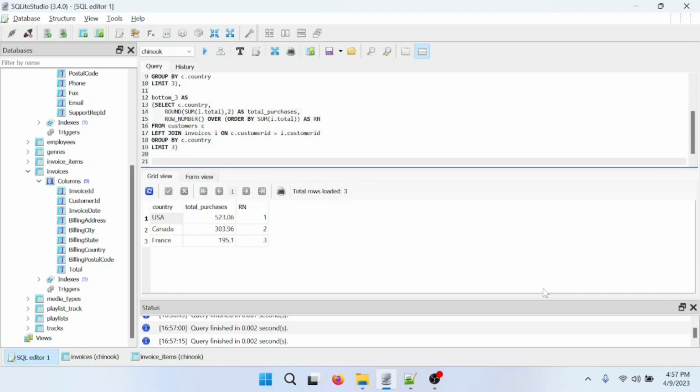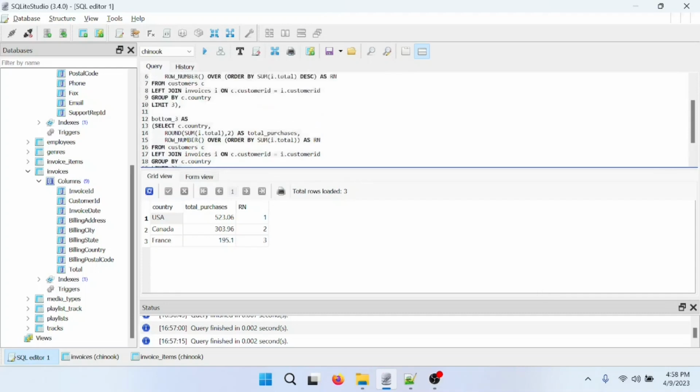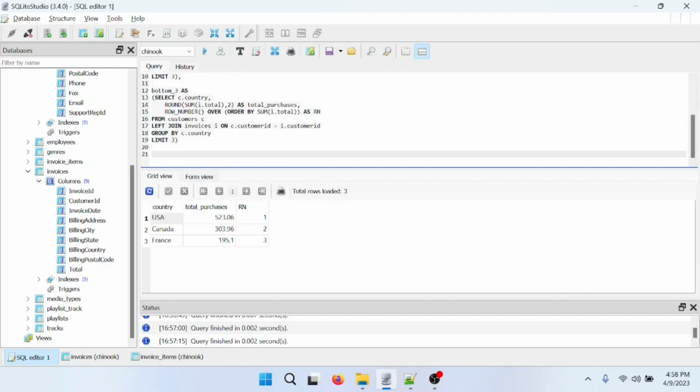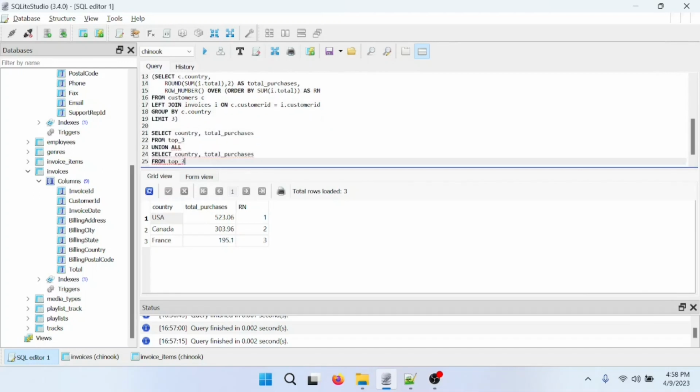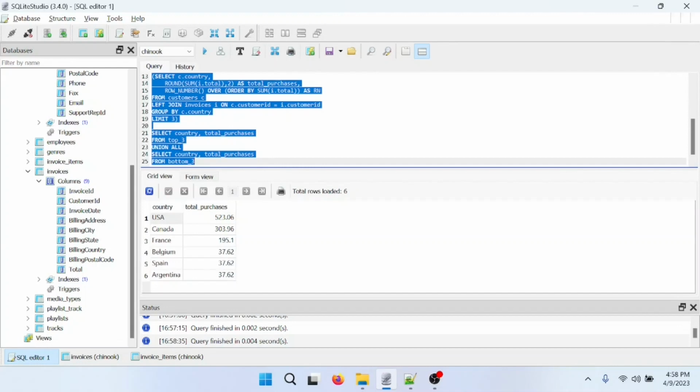Now since the CTEs are created, I just want to provide a result that has all of them, and this time we can simply skip the row number field. Select country, total purchases from top 3 union all, and use this same thing from bottom 3. Let's see the output. So you can see the top 3 US, Canada, France, the bottom 3 Belgium, Spain, Argentina